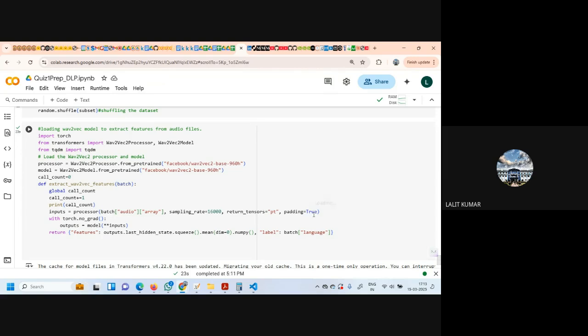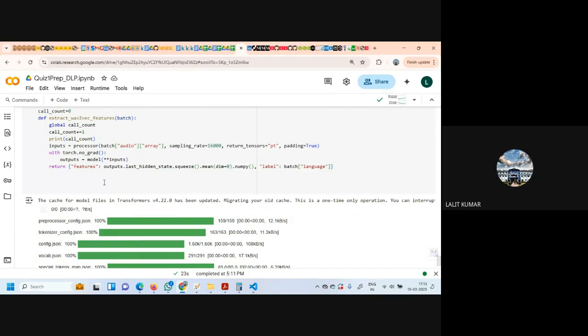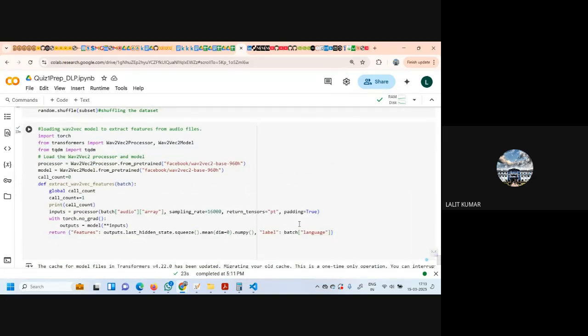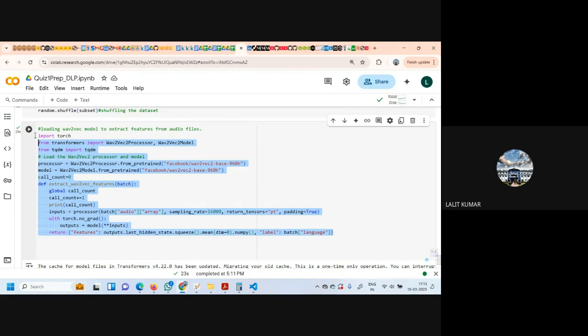Padding is equal to true, and then we pass it to the model. So these are the inputs. We pass it to the model, and we get the features. Okay. So in the first part, it has used both the tokenizer and feature extractor. Then it is passed to this Wav2Vec model, which is a CNN based model. And that's how, by batch, it has taken the features. I hope my understanding is correct, okay? Or we can check what it is doing.